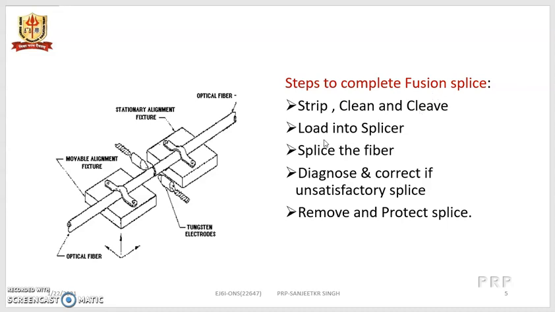So then it will be loaded into the splicer and splicing is done. Then inspection of the splice will be done, and if there is any unsatisfactory splicing or unwanted reflection or losses taking place, then the joint will be broken and again it will be repaired and joined. So in this way the joint is protected using the